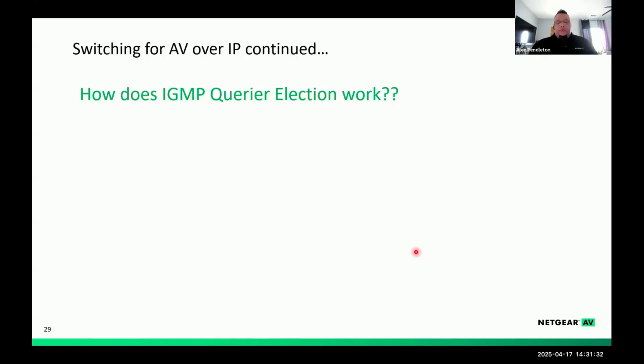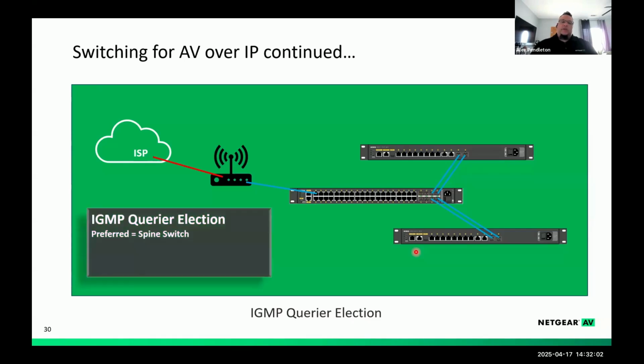Okay, so how do we elect a courier and what do we expect from the courier? Well, there can be only one. It's kind of like the Highlander. There must only be one courier in a VLAN. You could have multiple couriers, but that might be a little bit chaotic because the streams would not necessarily receive correct information from the courier, and the wrong courier might get updated versus the other courier, and the stream may stop. So you want one courier in a multi-switch or single switch environment, and the lowest IP address will win the election.